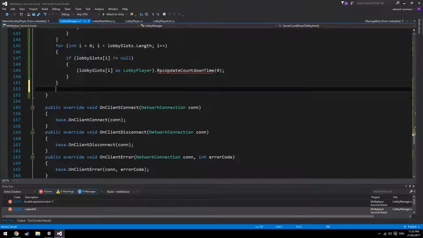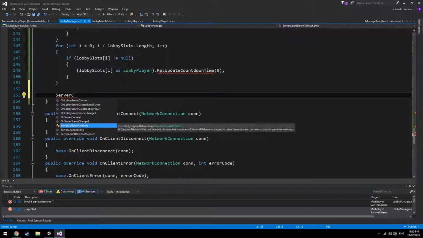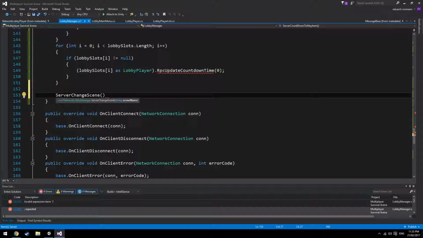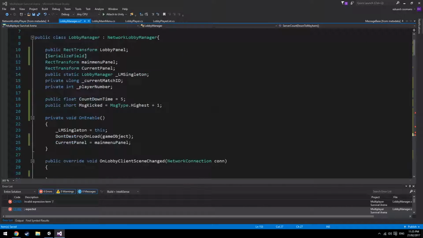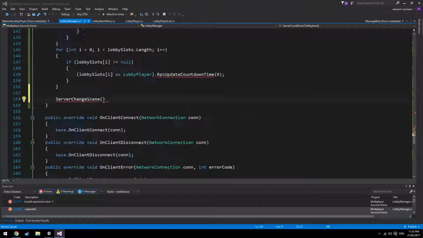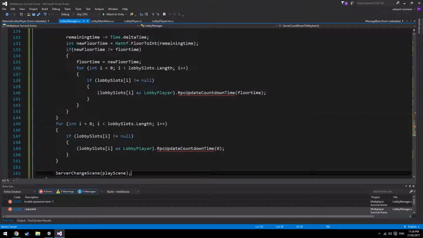And then we want to start up our scene. We want to actually start playing. So server change scene, a built-in function in the network lobby system, and we want to put in our play scene. Actually I think there's a built-in function. We just say play scene, right? Yes, good. So we go to our play scene there,